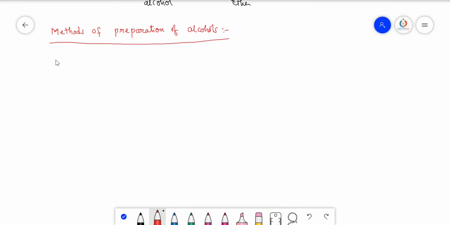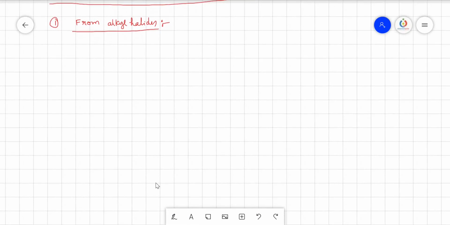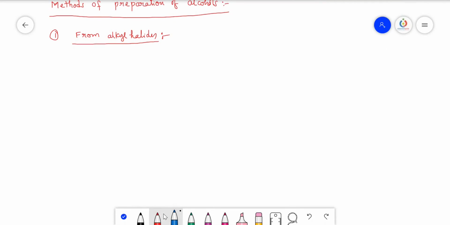The first one is from alkyl halides. Alkyl halides in the sense haloalkanes. So we know that preparation of alcohols from haloalkanes is by using SN1, SN2 reactions, which we have already discussed. So I'll write here, alcohols are prepared